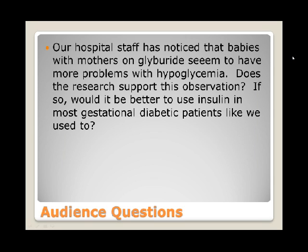My concern is that most centers use glyburide BID, and I am a little concerned that that doesn't lead to optimal glycemic control because, as Dr. Hebert showed us, really the glyburide concentration in gestational diabetics is lower than that of type 2 diabetics. So I think we're underdosing glyburide. So my concern is that if you're using glyburide BID, you're actually not getting as good control as you would